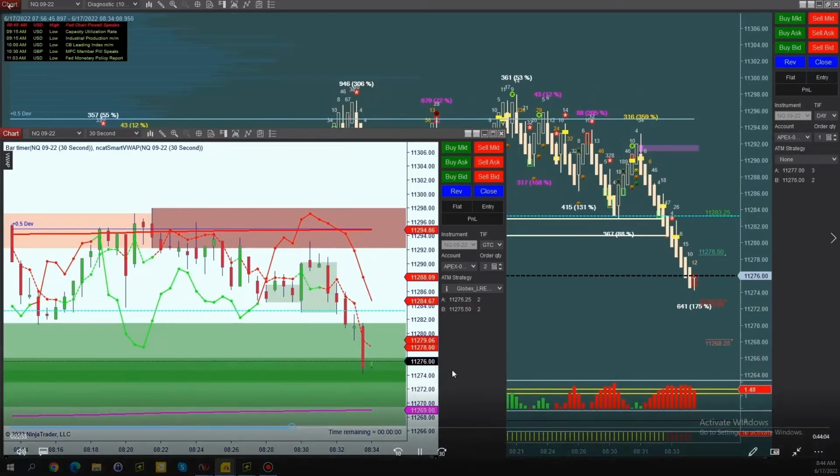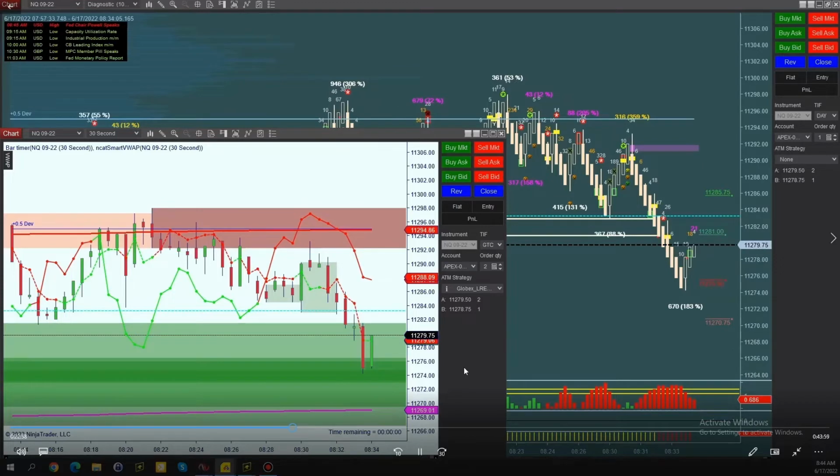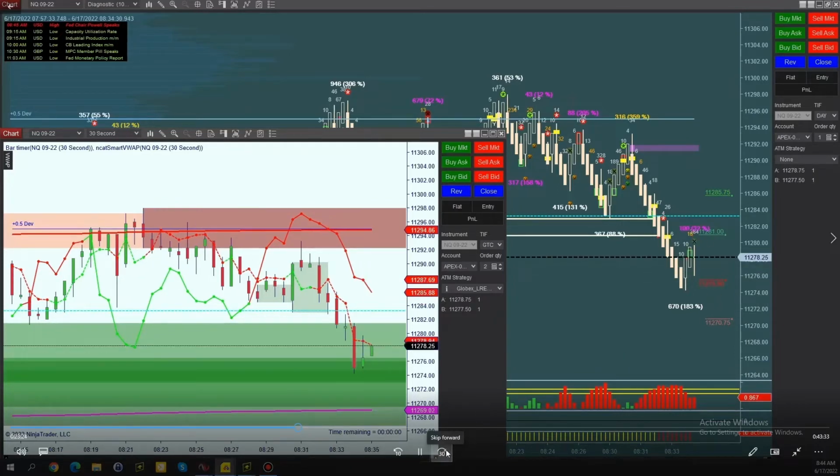So let's see what happens. Let's move it forward. So it's pulling back. Okay. Now, if you can see here, the solid line on the simplicity, our LRE entry would be about 11,288. So that's way up here. I don't want to take it in the middle there, because that's the middle of that range, right? I would want it down here around the bottom to come back up and test it and come back down. So let's see what happens.